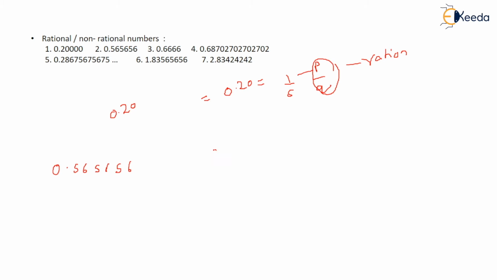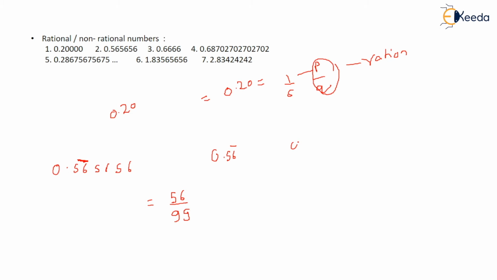Okay, if there is a number that is 0.565656, so you can see that 56 is repeating every time, right? This is reoccurring every time, so you have to write it as 56, and the denominator that you put is equivalent to number of 9s. Okay, so how many 9s will come? Two 9s, because two digits are reoccurring again and again, so 99. So you have to do like this. If you solve it, or if you try to find the answer, you will get the same, that is 56 by 99.